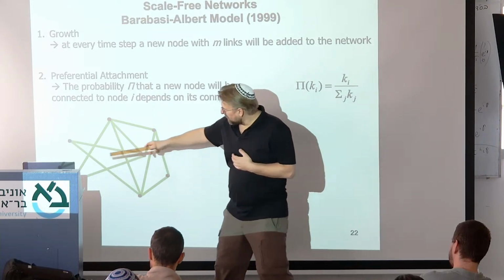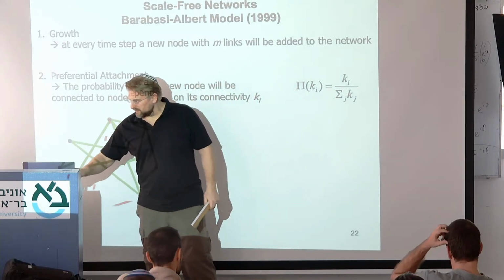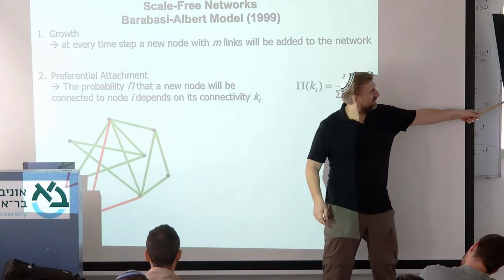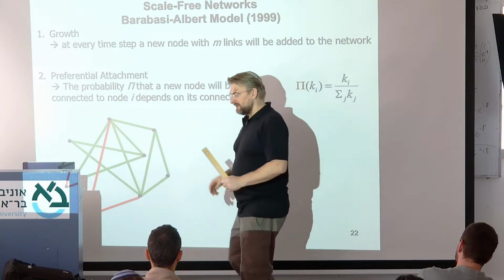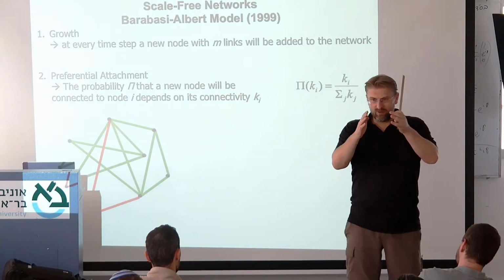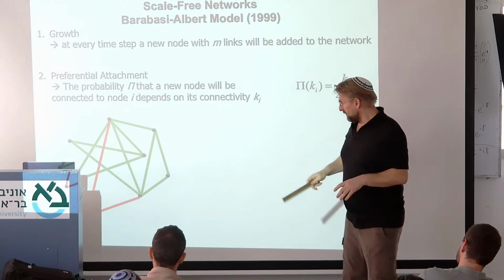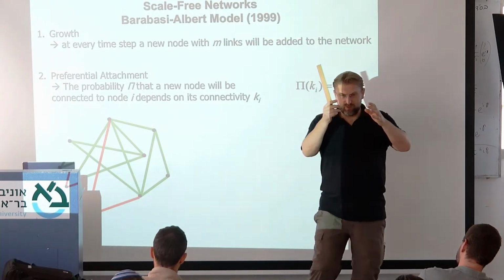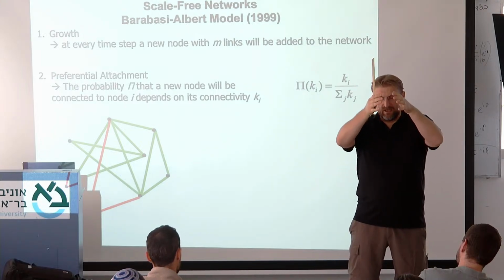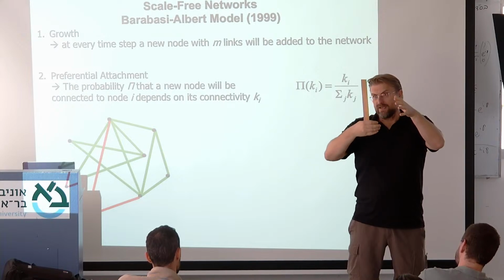These guys are not so popular. So when I add a new node, it's more likely to connect to these popular nodes. Okay, and this you can do now for many iterations. And your Poisson distribution, so in the beginning, the green one had a Poisson distribution. Now you add, and there were no hubs, and now you add more and more nodes that connect to the